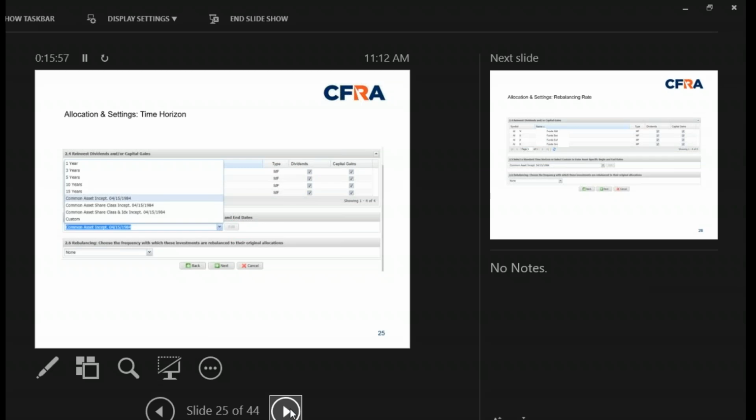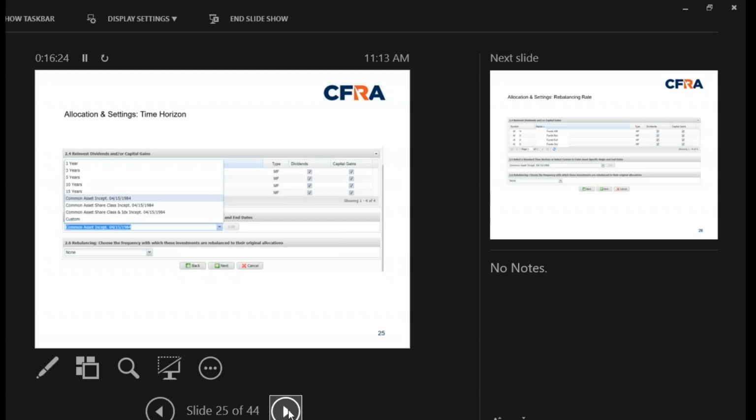The one that we like to point out most to our clients is the common asset share class and index inception date. That is the date of the benchmark. Now, a little primer on that. Our system is predicated on backfilling historical data when necessary. We always try to go with live data, but sometimes in order to line everything up, we do have to backfill a certain asset or two. Those assets will be backfilled using their benchmarks.